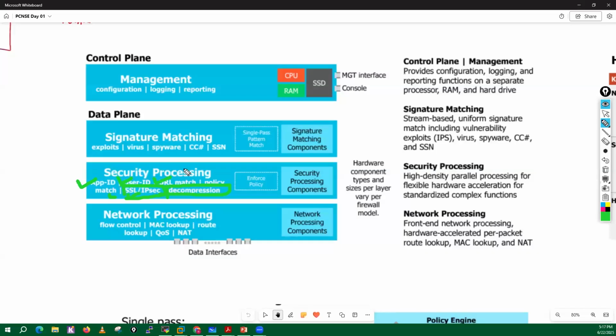And it will perform your layer 3 and layer 4 tasks along with layer 2. The signature match processor will do app ID and content ID, like scanning of exploits, viruses, spyware, command and control. All those tasks are done by this particular data plane component, which is the signature match processor.